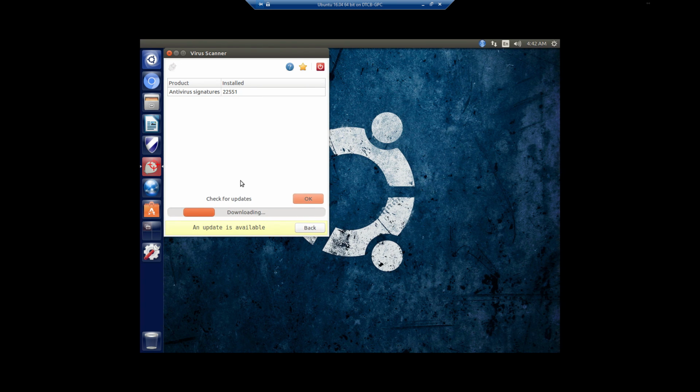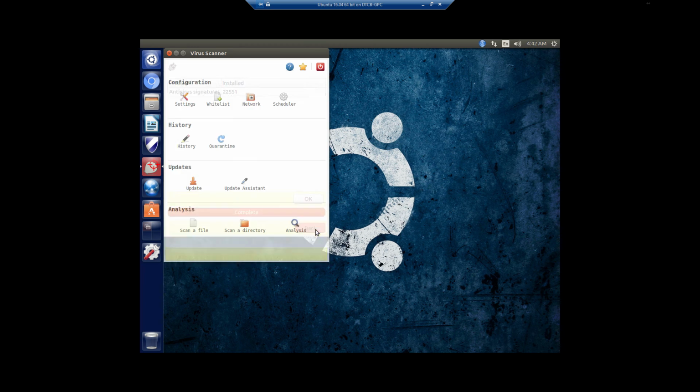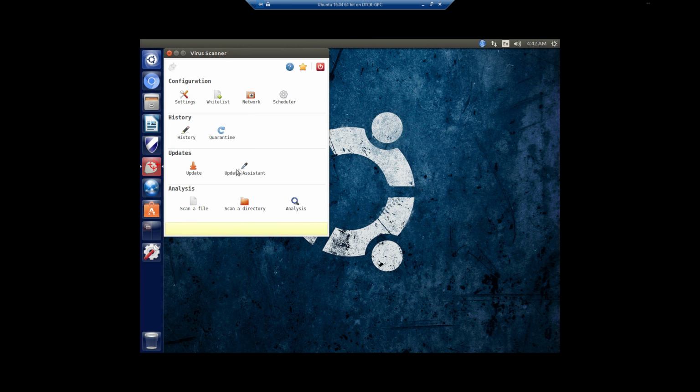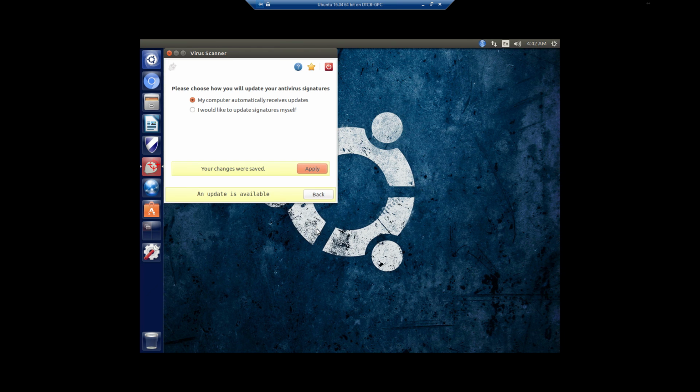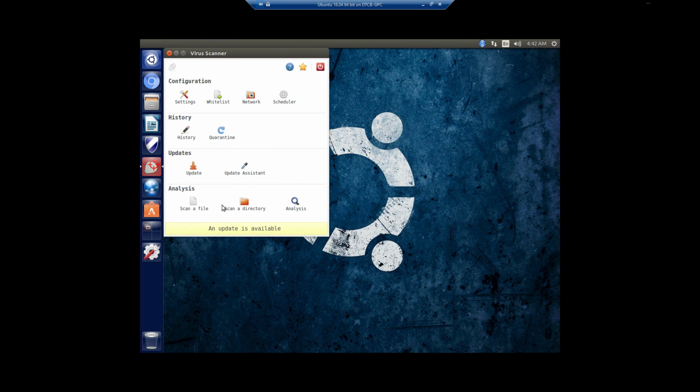Check for updates, click OK. Downloading. It's complete. So now click OK. Click back. Now you can go back to your update assistant, tell it to do it automatically, hit back, and from here you can scan a file, scan a directory. You can check your quarantine and everything else. You can whitelist, and you can also go to settings